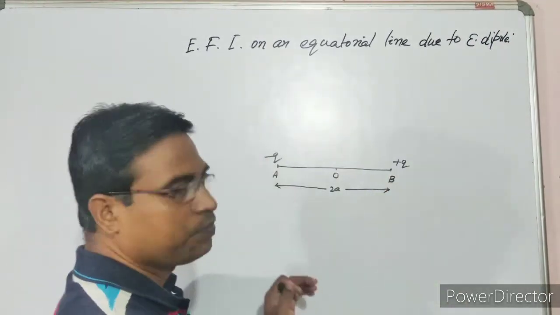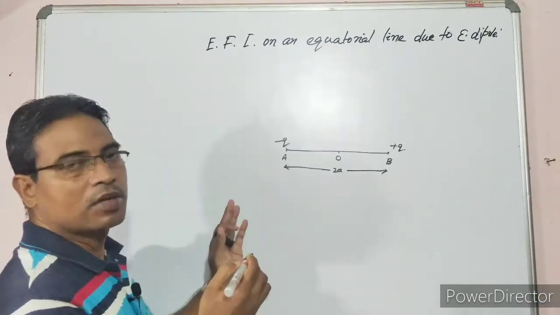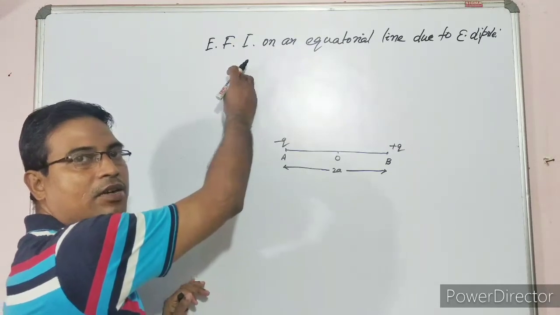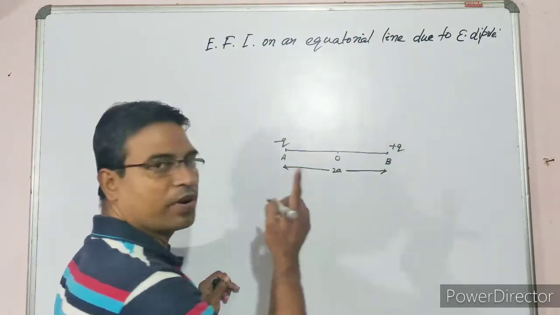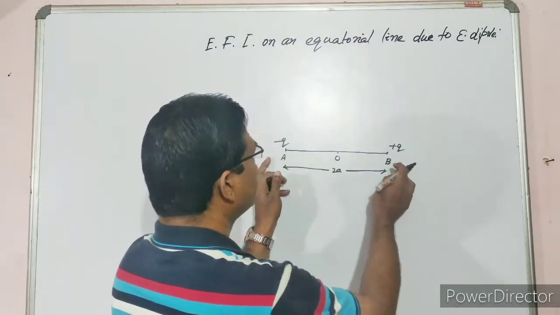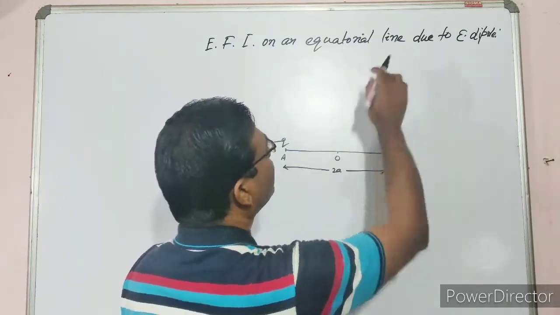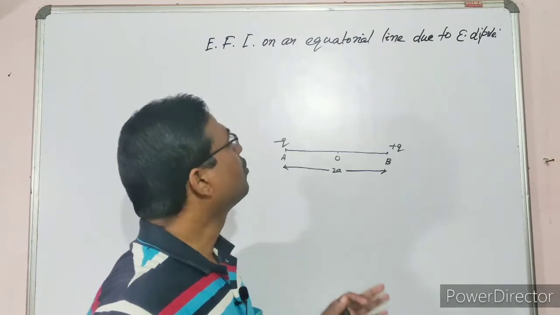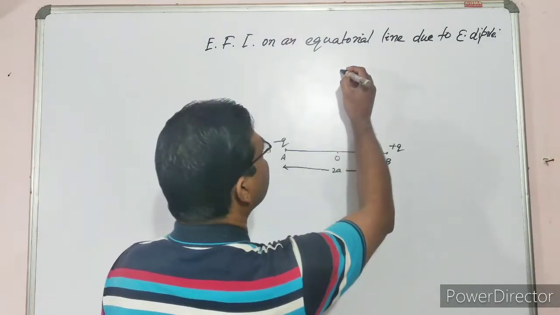Now, before going to discuss that, I have already told what the important parts are. Electric field intensity E is equal to F by q naught, so that is KQ by R square due to a point charge. Then electric dipole: equal and opposite charges separated by a certain distance 2A, and the equatorial line. Now it is very important to understand what we mean by the equatorial line. Suppose you are drawing this one.